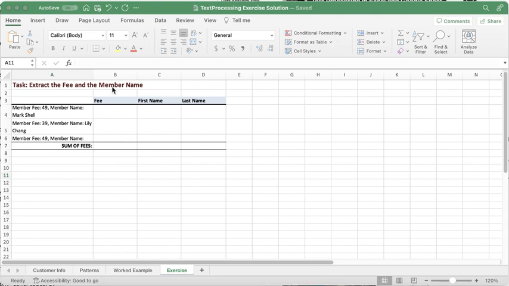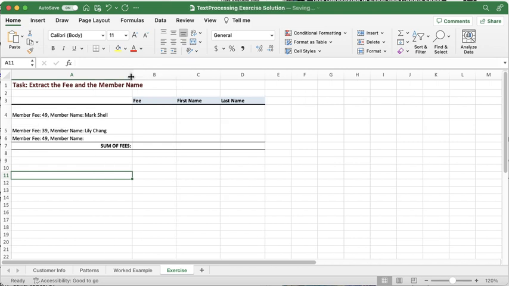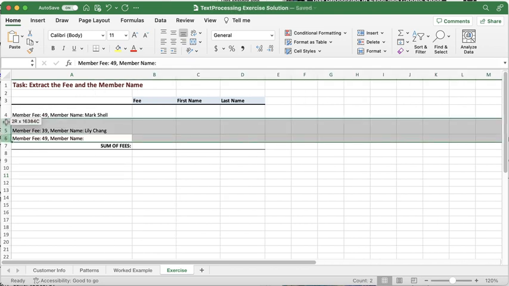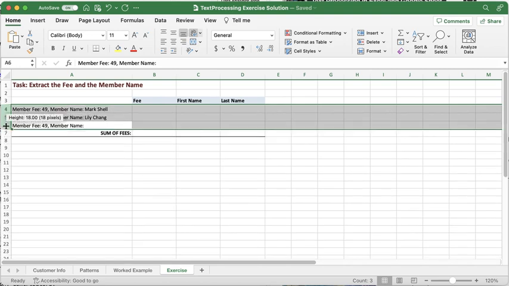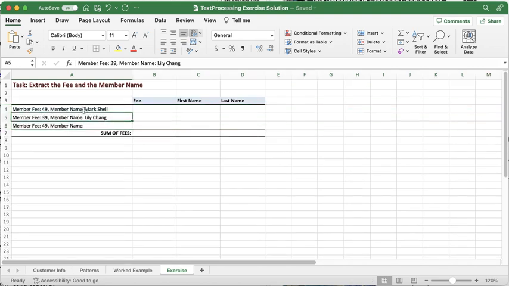So in this example, we have a column that contains, let's make this a little bit bigger so it's a little bit easier to see because it's actually across multiple lines. Let's see if we can make them all the same size so it's easier to read. You can see that each one of them has the structure of a member fee, colon, the value of the member fee, a comma, the member name with a colon, and then the member's first name and last name. Although we do have an exception here where the member's last name is not there,